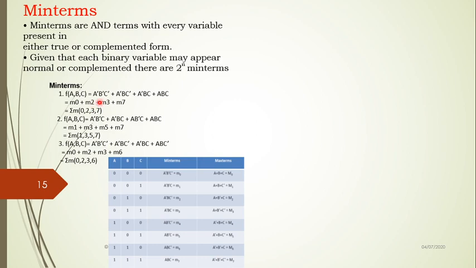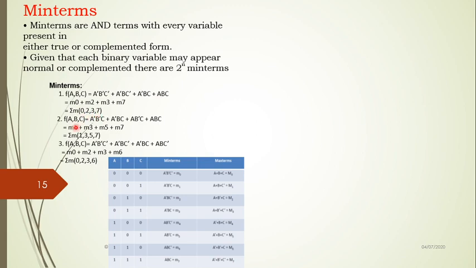So it is M2. Then a' b c, which means 0 1 1. So 0 1 1 is the third min term. So it is M3. Then ABC, which is equivalent to 1 1 1. So it is the seventh min term present over here. So to write the min terms, generally the summation sign will be used, along with that summation, a small letter m will be used, and then 0, 2, 3 and 7, and if any other terms are there, those will be mentioned by separating them with commas.